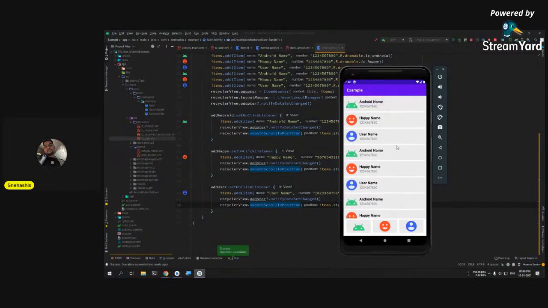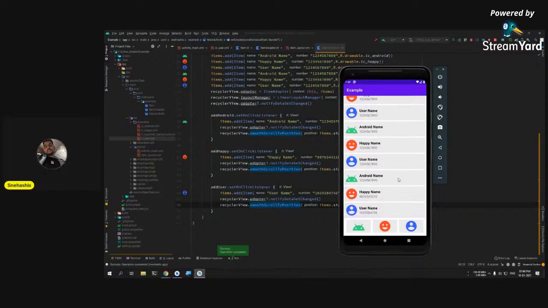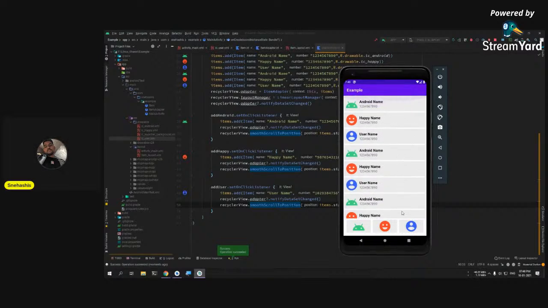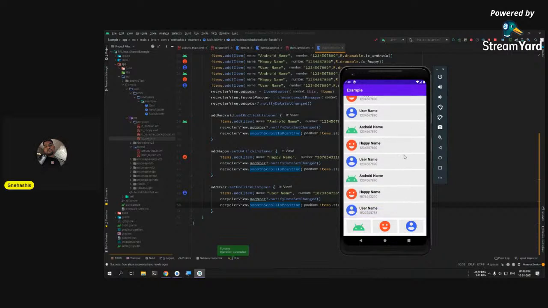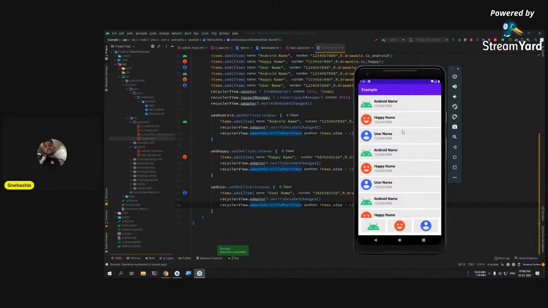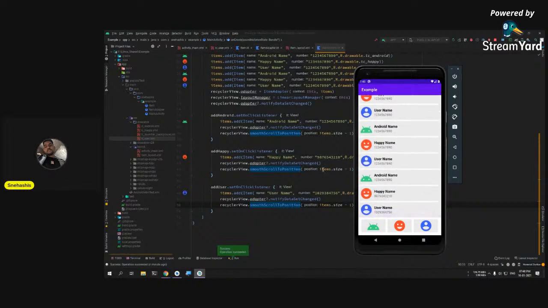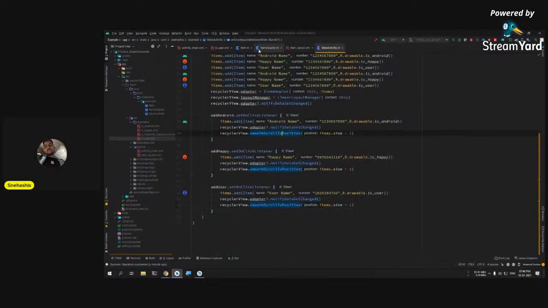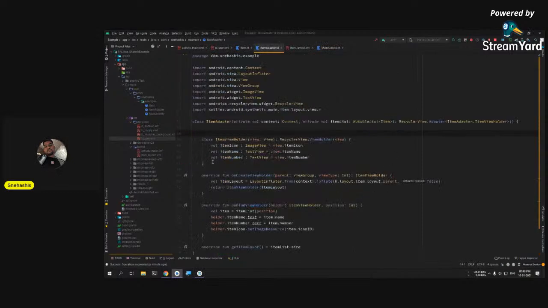Now over here you can also implement one more thing, that is you can implement these items being clicked. Now I think it isn't in your stratagems part, but I may just show it to you because it is super easy. You just need to add an interface to your adapter, and you have to extend it in your main activity as well. So how it works is you go to your item adapter, you create an interface,